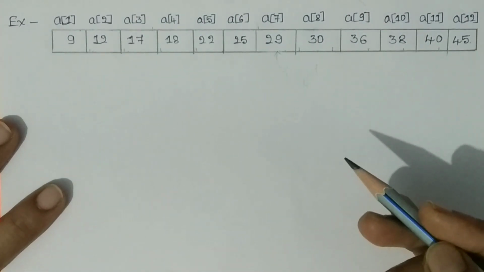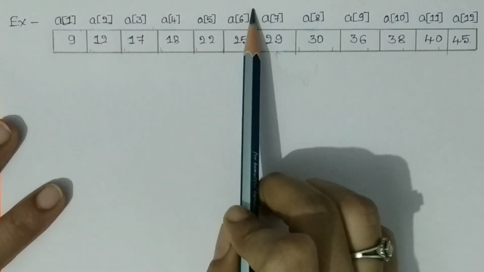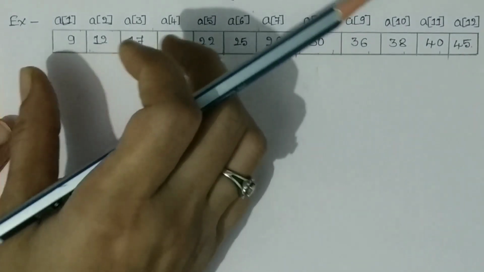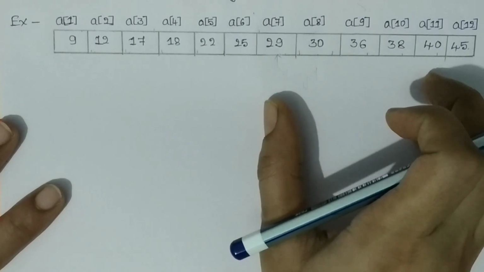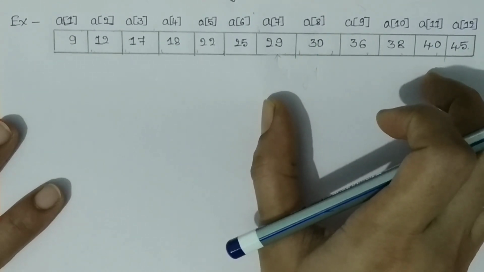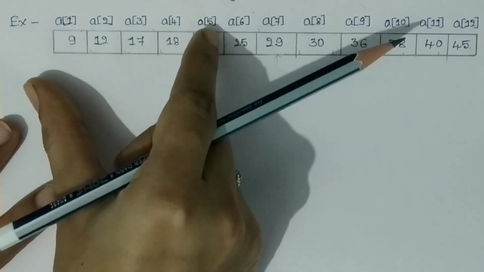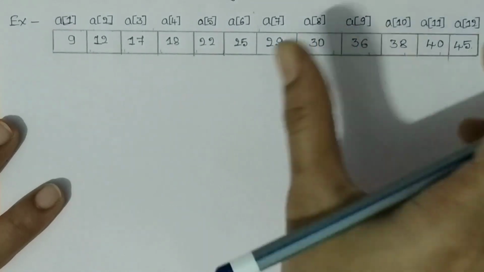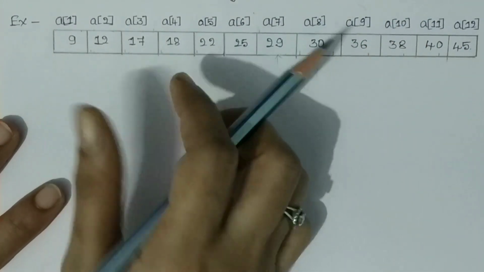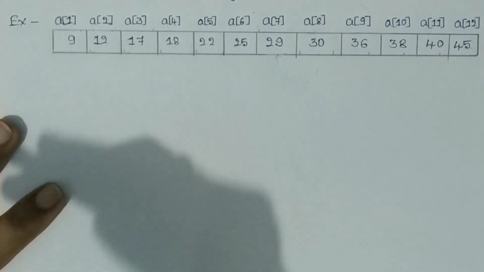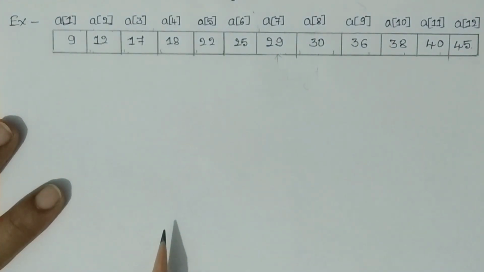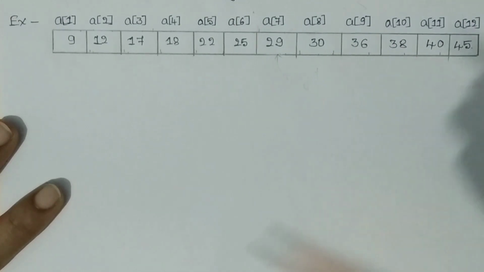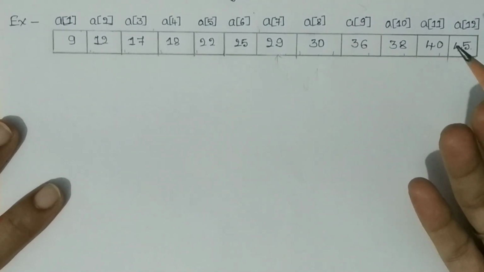Binary search starts by testing the data element at the middle of the array. This determines whether the target value is present in the first half of the list or in the second half of the list. If the target value is present in the first half of the list, you do not need to check the second half. You will eliminate this. If the target is present in the second half of the list, you do not need to check the first half. You will eliminate the first half of the list. It means we will eliminate half of the list in every iteration until we find the target value.